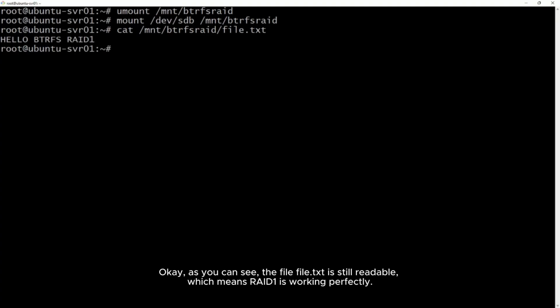As you can see, file.txt is still readable, which means RAID 1 is working perfectly.